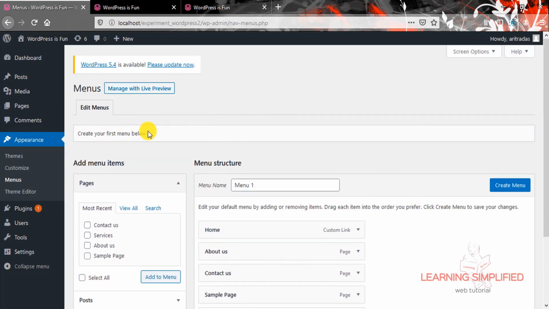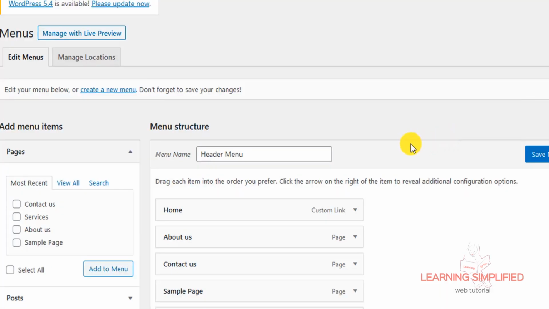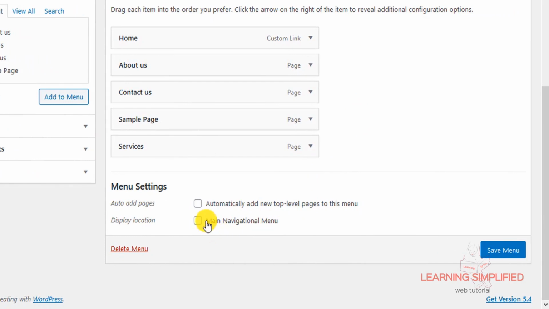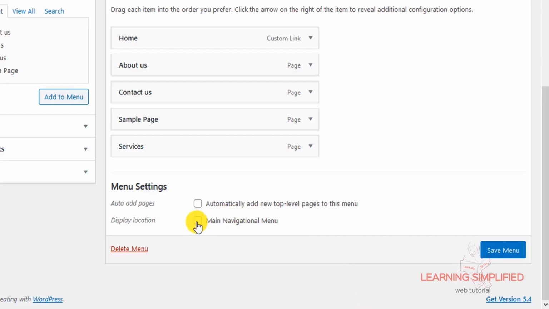We need to create our own menu first of all, and that is why we will be getting back to this menu name, and here we will be naming it as header menu, and this is what we are going to create in the first place. And now we can see that the same exact main navigational menu that we had mentioned right over here, that individual description is now being shown as the display location.